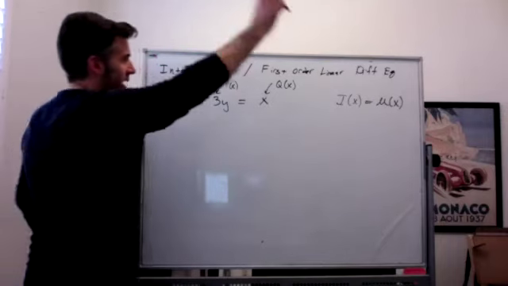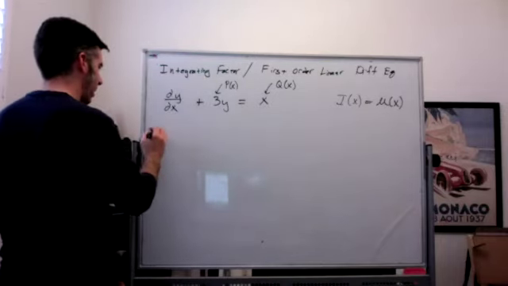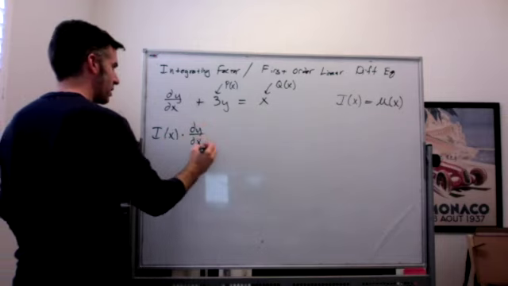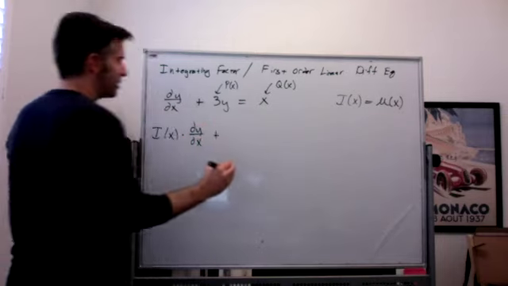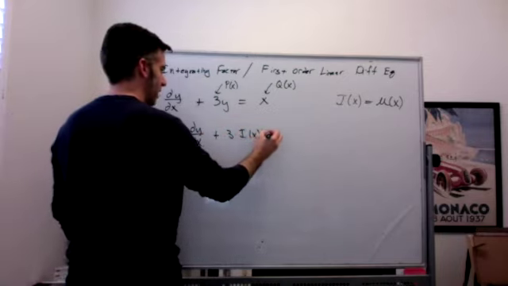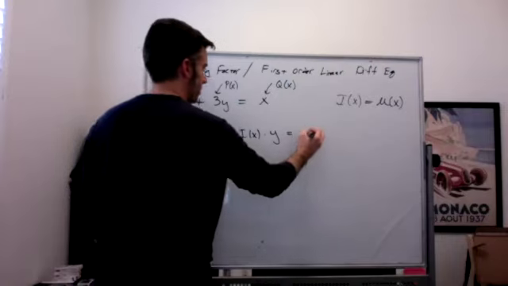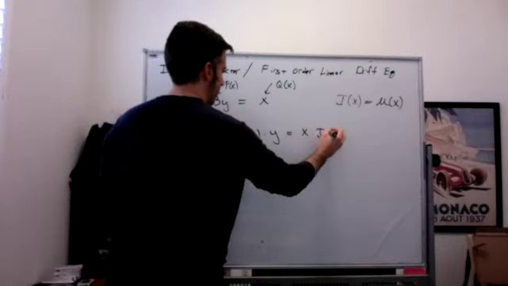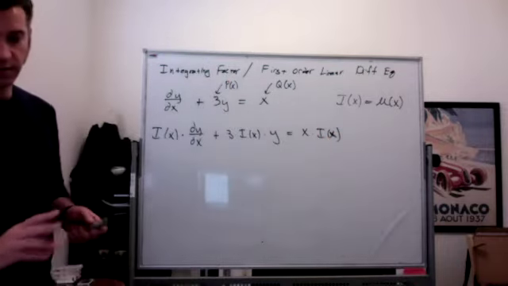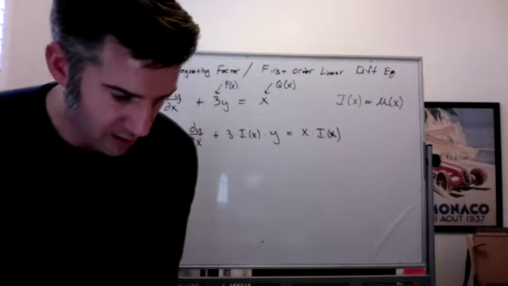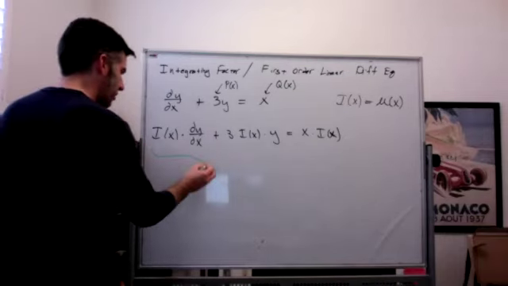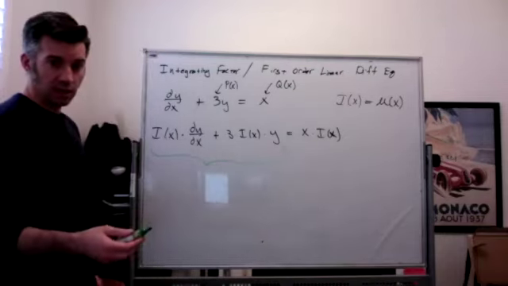So we're multiplying everything by I, which is totally allowed. So I of x times dy/dx plus 3 times I of x times y equals x times I of x. All right, so this is where things get interesting. You have to remember that this whole thing is supposed to be